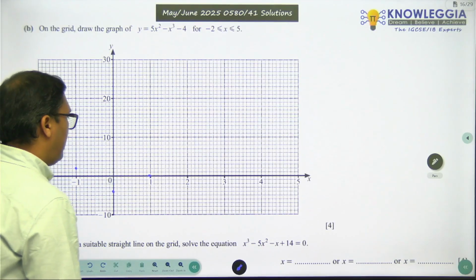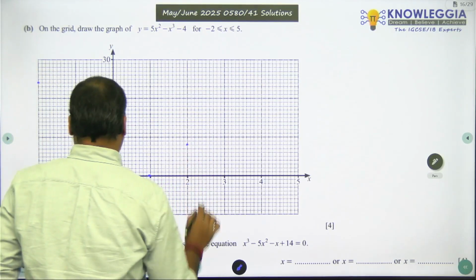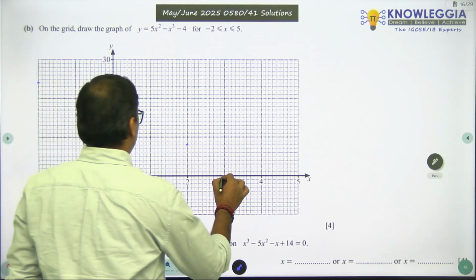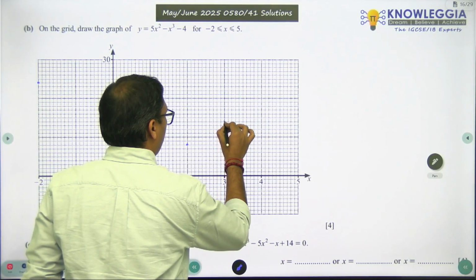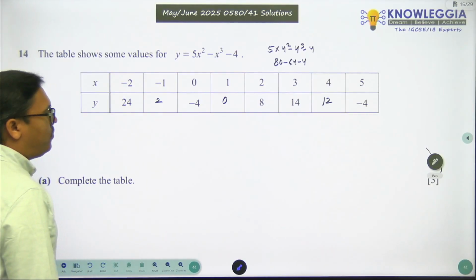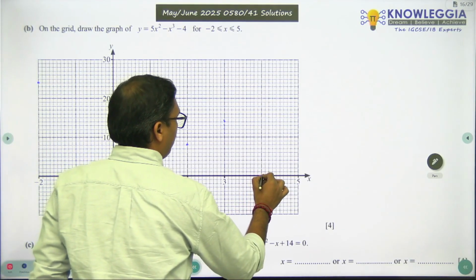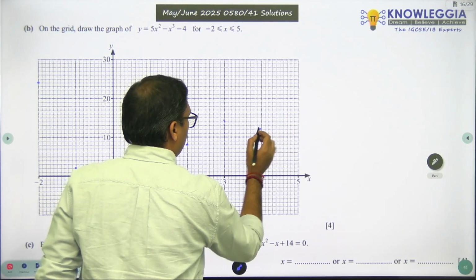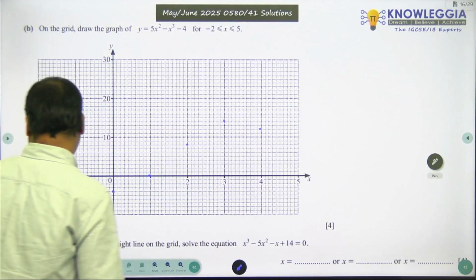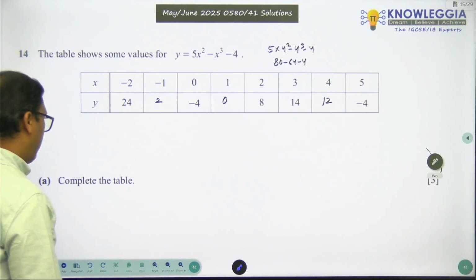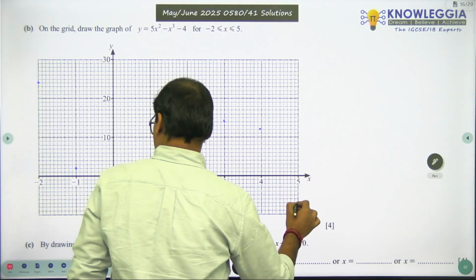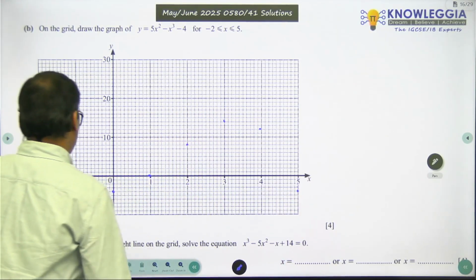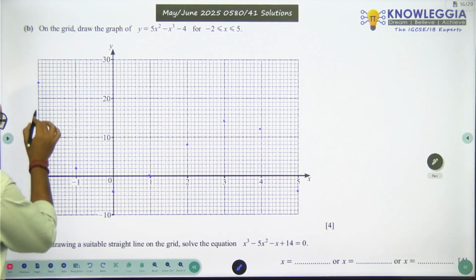Then at 2, this is 8. Then at 3, this is 14. This is 3. 1, 2, 3, 4. Then at 4, this is 12. And the last, at x equal to 5, this is minus 4. So this is 1, 2, 3, 4. This is minus 4. Now if you join these points,